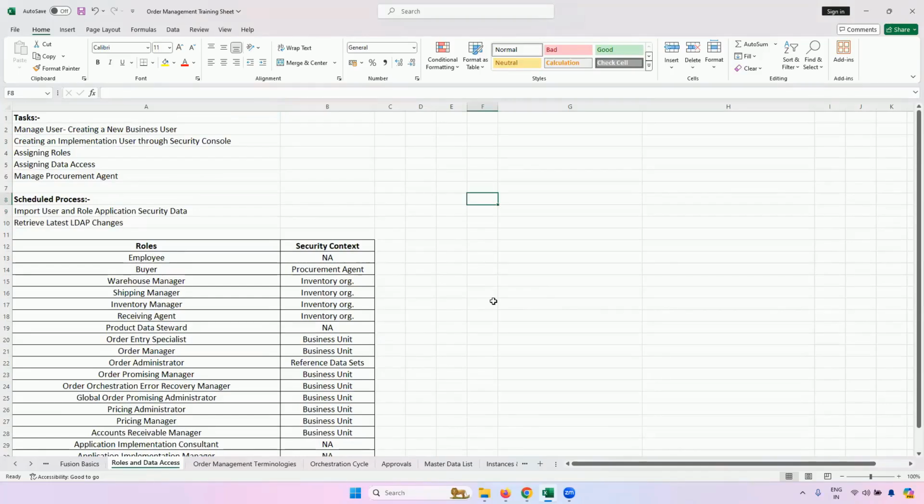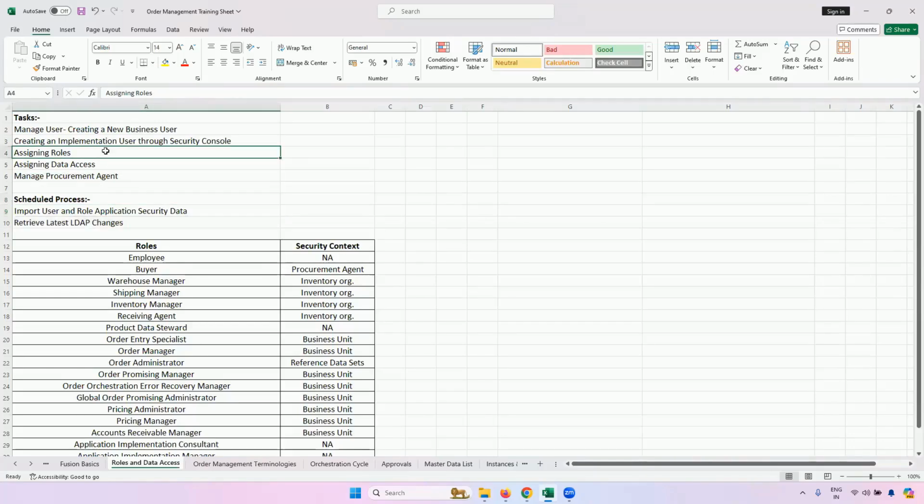I get it, but suppose I add a new role from the implementation user to Adam Henry. Then I have to run the program from the implementation user itself, since I added a new role, right? Correct. And then I have to give the data access only from the implementation user, not from Adam Henry. Correct. Yes, correct. So again, as I told you, these two processes are not compulsory.